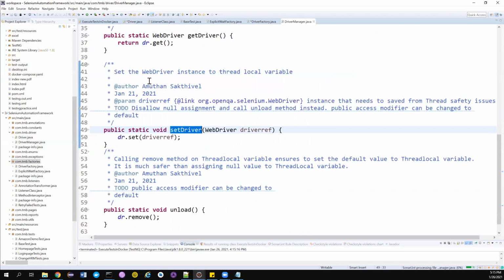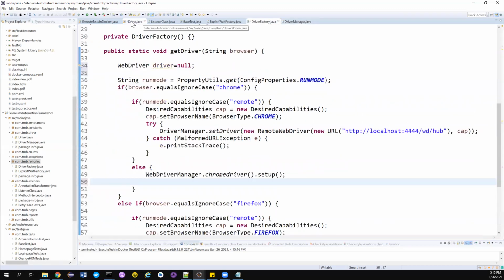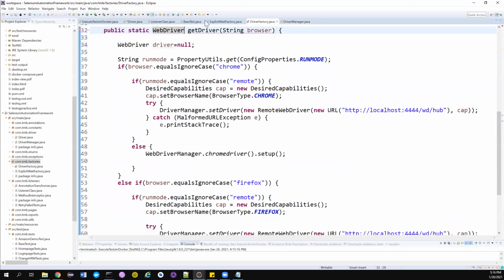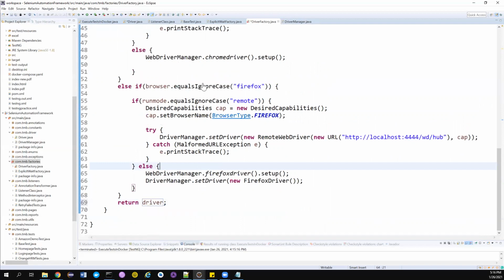Good. So now I go here, sorry guys, I'll go to the driver factory class. And if you notice, I will change the return type to WebDriver. I'll tell you why this is WebDriver. Good. Now I will add a return statement for now. Let it be driver. That's okay.